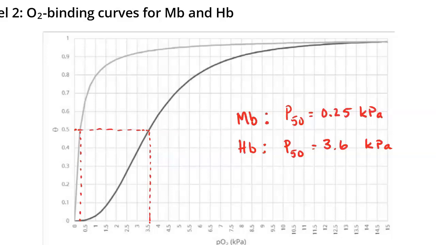All right, how close are you to my values? So for myoglobin, I think that this line crosses the 0.5 line right smack in the middle of the 0 and the 0.5 kilopascals, and so I put 0.25 kilopascals. Now, could you have put 0.2 or 0.3 and not had an extra decimal place? I could maybe live with that, but I really feel like it's definitely between 0.2 and 0.3, so 0.25, I'm justified in that. Also, the line for the hemoglobin curve is not exactly on the 3.5 line.